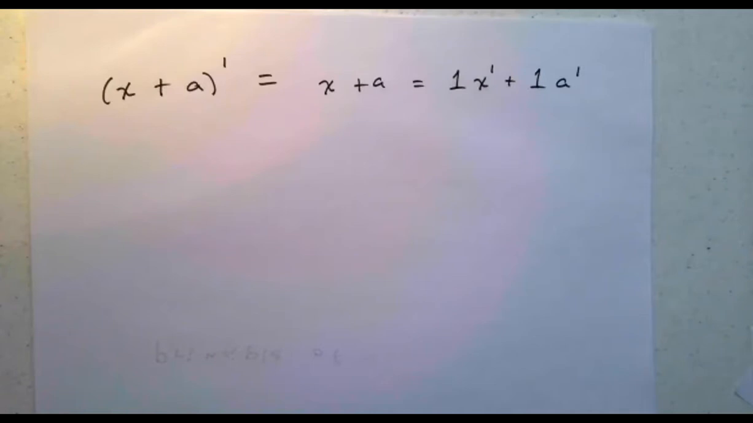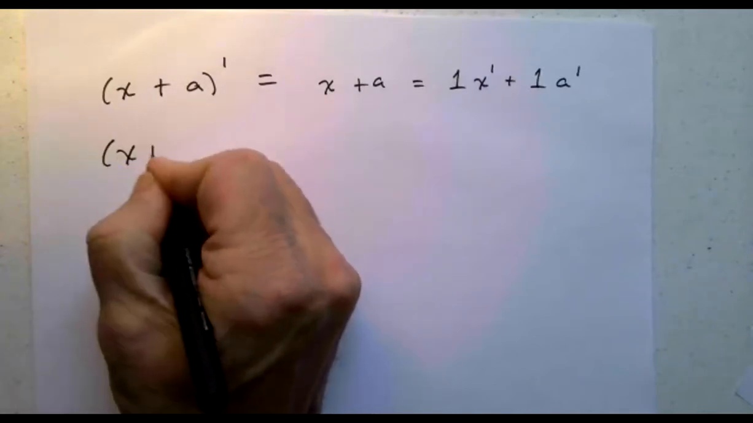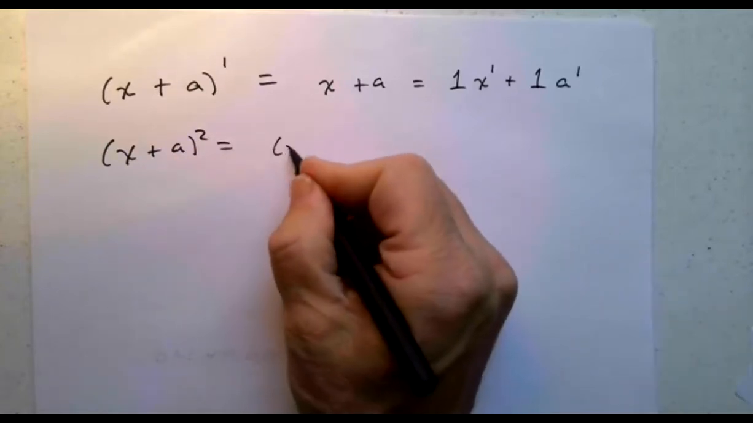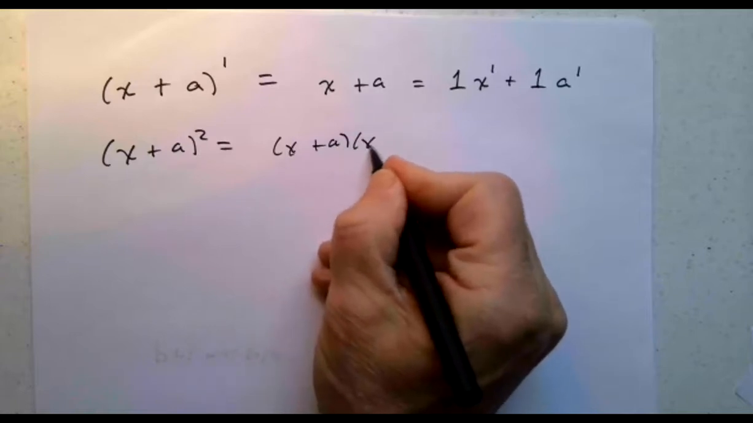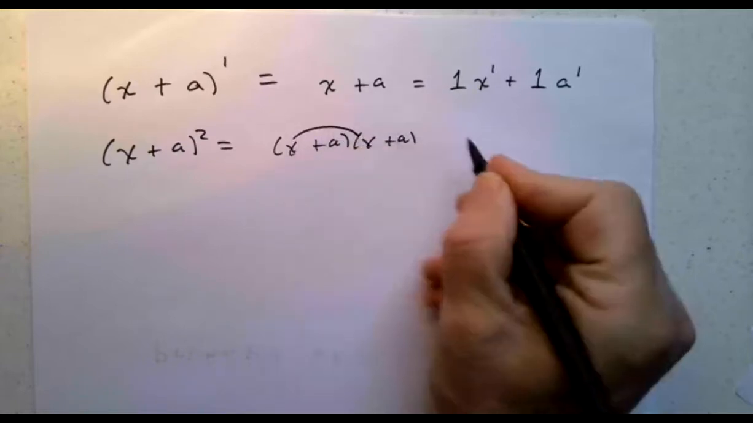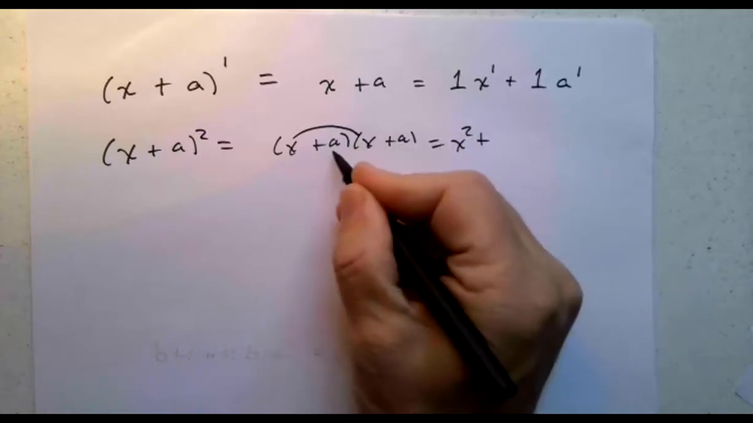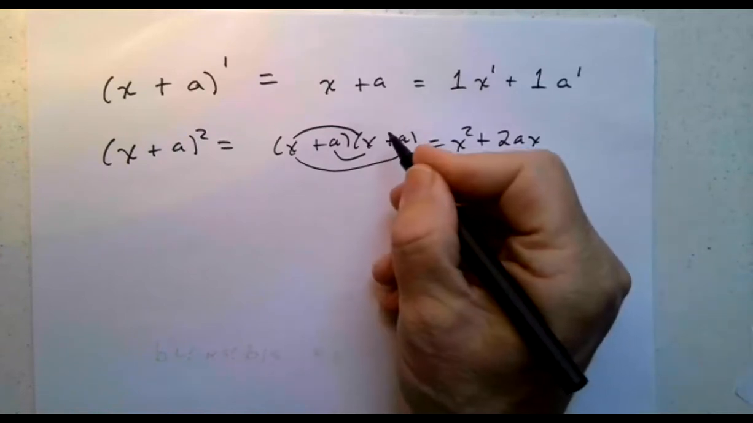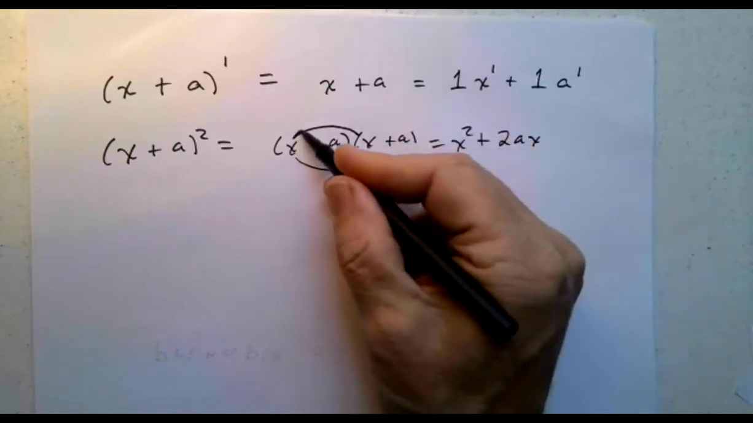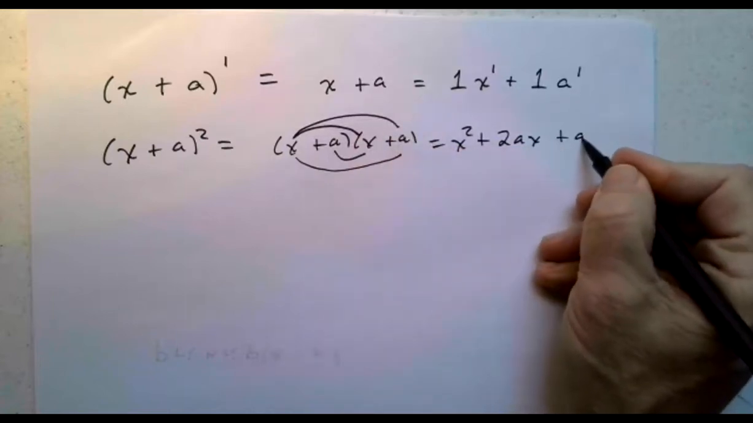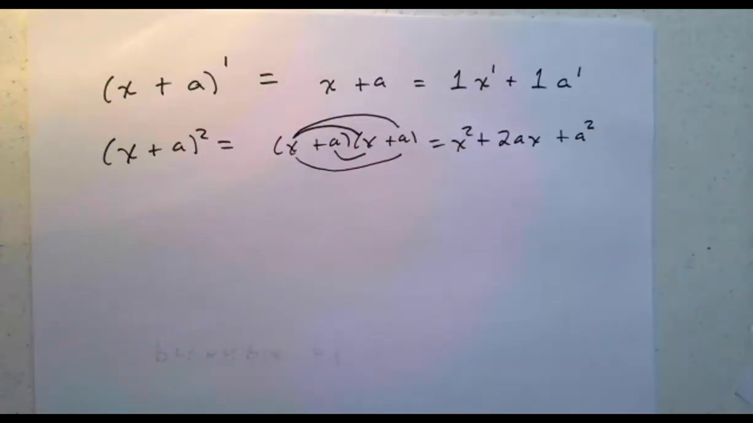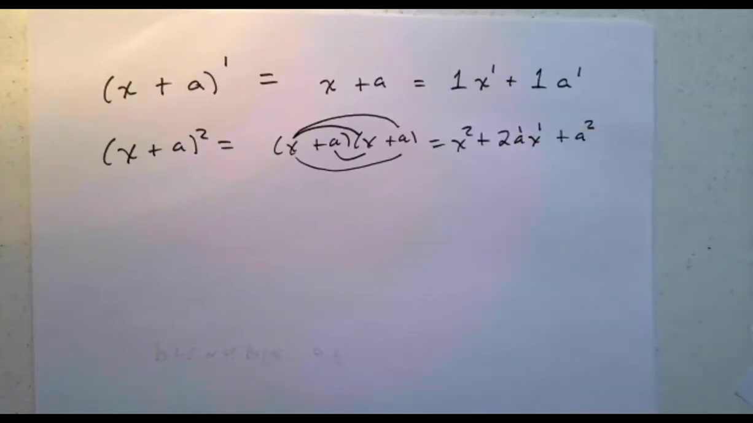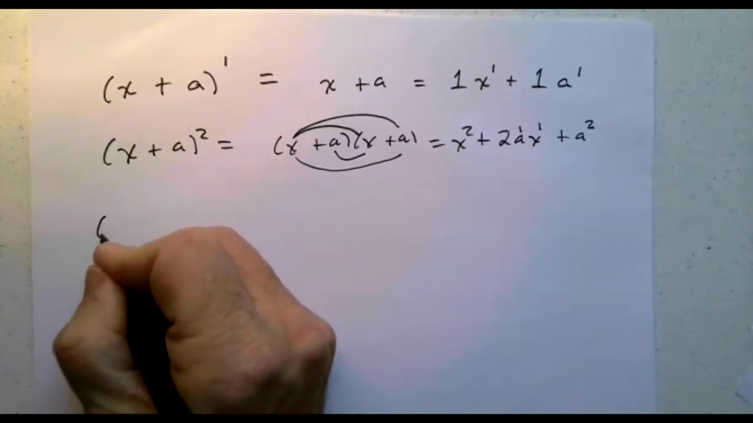Now, if I have x plus a squared, that of course means x plus a times x plus a, which is x squared plus ax, so there's two ax's, two ax's here, and then plus a squared. So we're going to think of that as x squared plus 2a to the first, x to the first, plus a squared. What about x plus a to the third power,